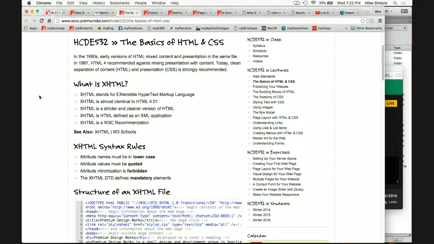XML, anybody use XML at all? No? Nobody's written a cat tag before? You can create your own tags. HTML came along and said, well, XML has a better syntax. Let's adopt the XML syntax and be a lot stricter. Meaning,